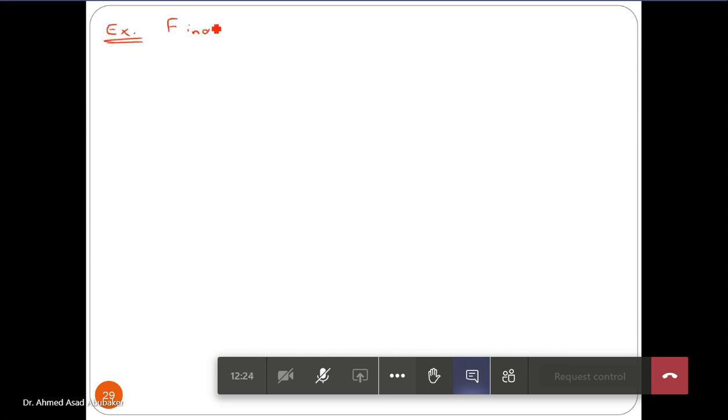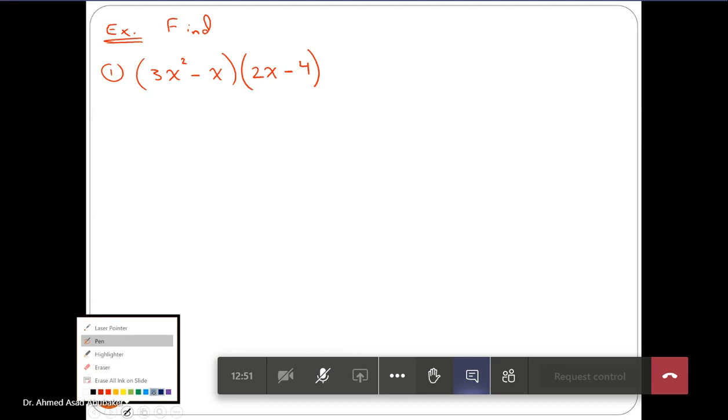Find number 1, multiply 3x squared minus x with 2x minus 4. Okay. The solution: